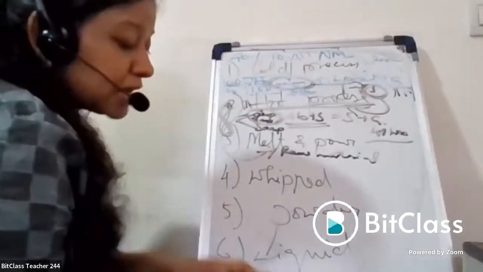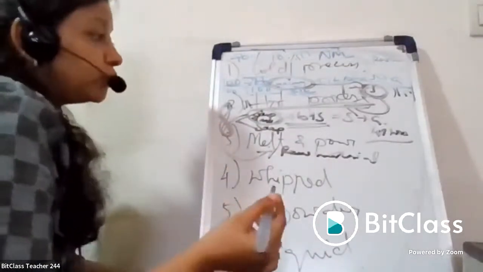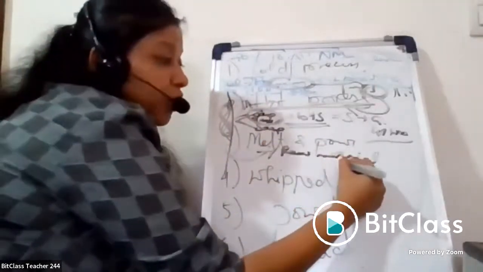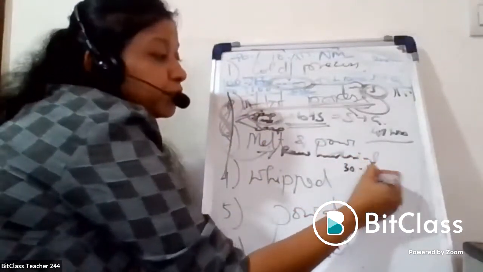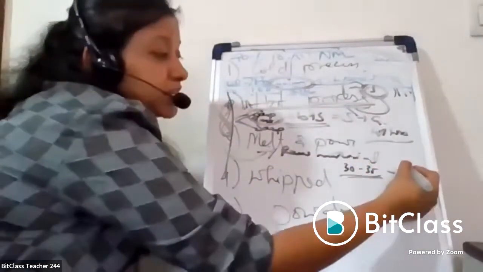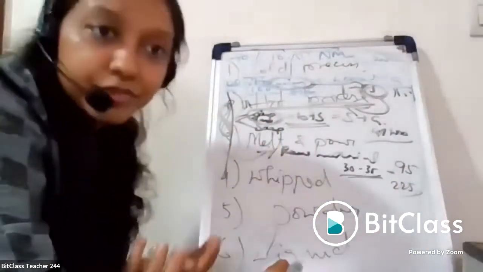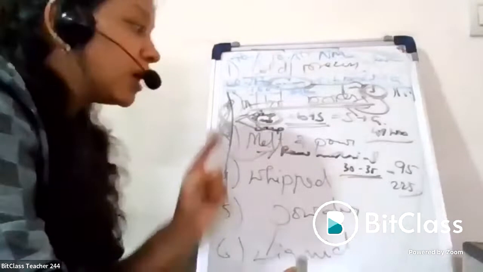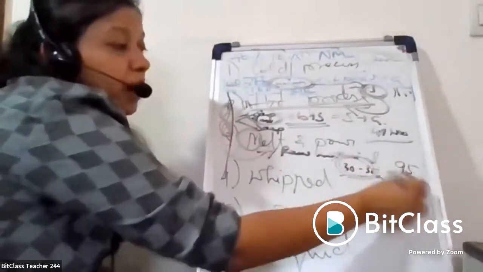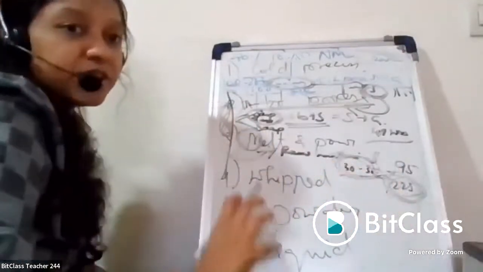One example of melt and pour soap: Khadi India sells melt and pour soap. If I make a hot process or melt and pour soap, it will cost 30 to 35 rupees per 100 gram soap bar, but the selling price or going price in the market is 95 to 225 rupees. Melt and pour I can make ready within 15 minutes and show you. That is all the time taken, and the cost is only 30 to 35, but you can sell up to 225. More than that also people are selling, but this is the average market rate.